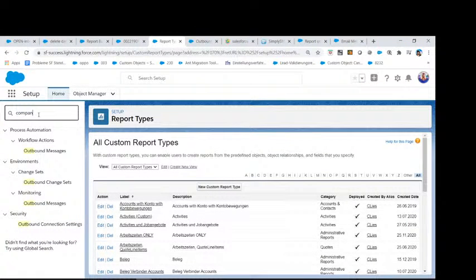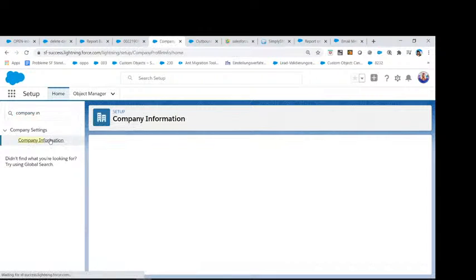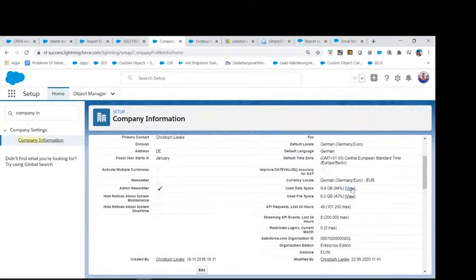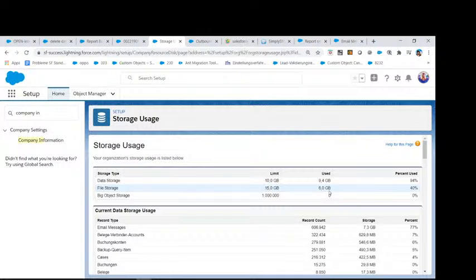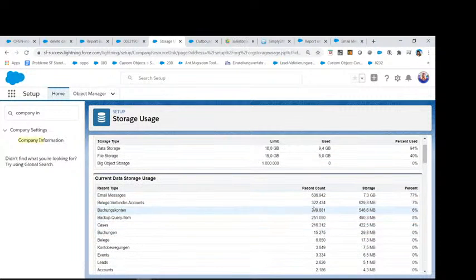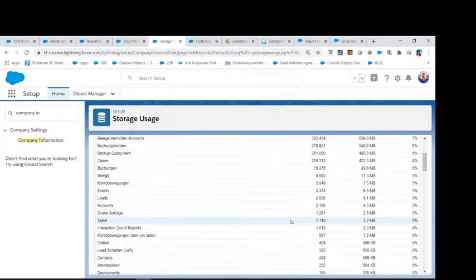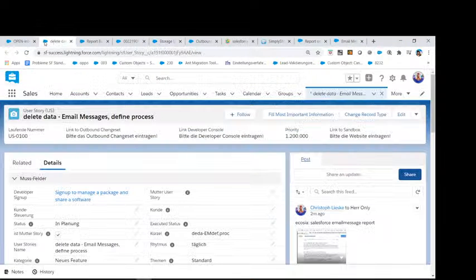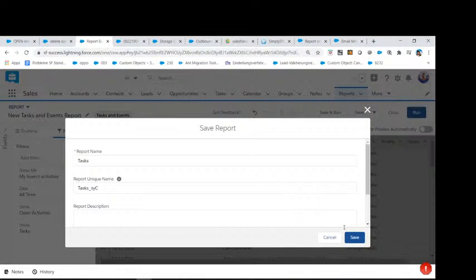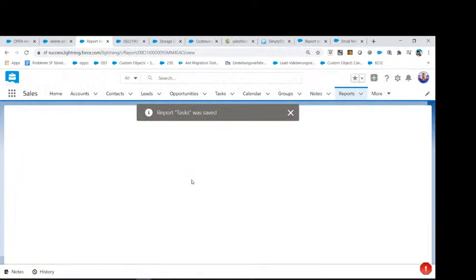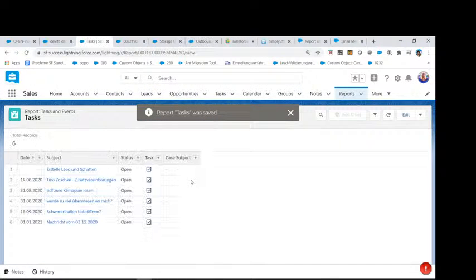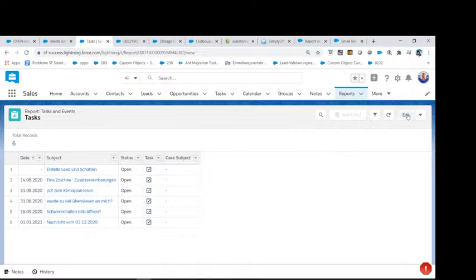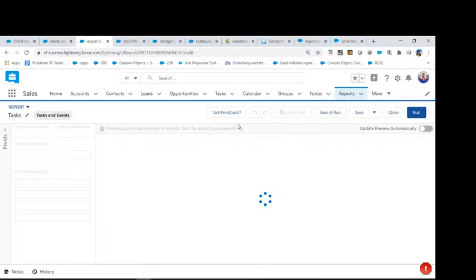company information again. The company information is something like this. That's why I'm going into this, and then okay, we have the email messages, that's for sure, but we also need the tasks. As you can see, the tasks are not that high, but they are relating to the email messages. That is why we will just figure out the tasks. What are they related to? But as you can see, there are some not really. Okay, we don't have many tasks, to be honest.